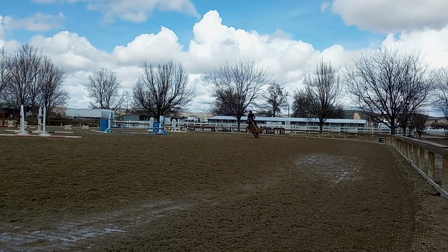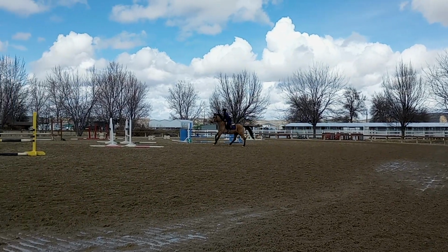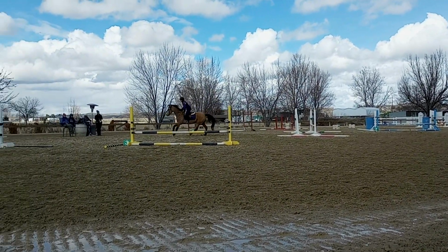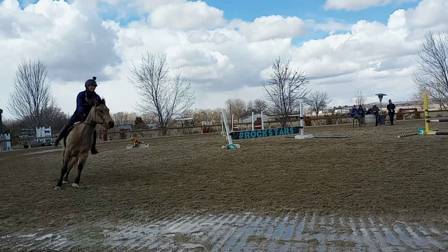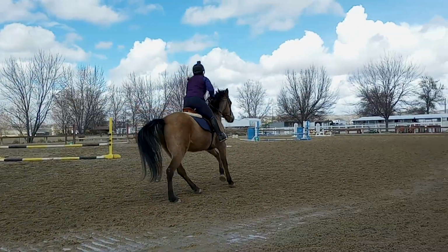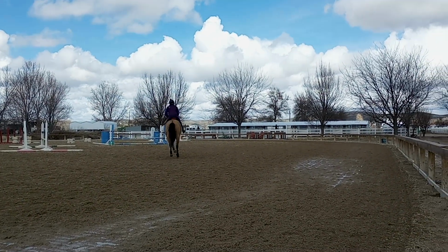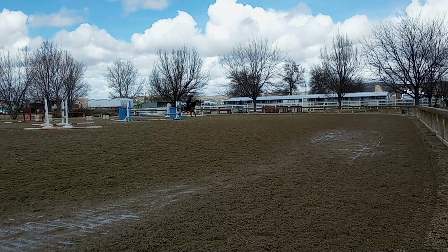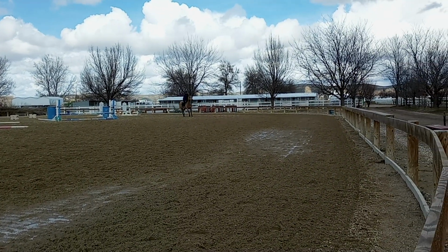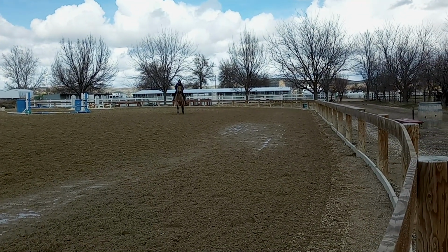He's just way more confident and way more enthusiastic about this game than I've ever had him feel like for me. So he's taking big jumps and he's doing a good lope. I don't mind necessarily, I would just like him slightly more relaxed versus Charger, if that makes sense, but I'm pretty happy. And then here, he tries to turn too fast and he slips with his back end,